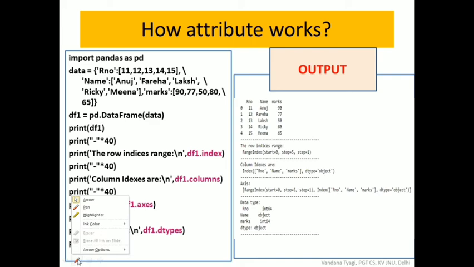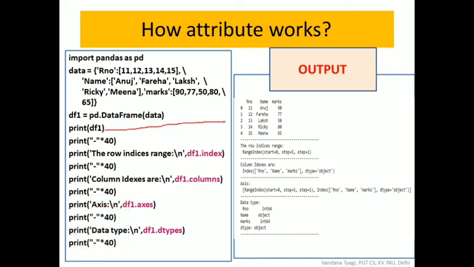If we look, this data frame is printed over here. This is my complete data frame printed here. Then df1.index shows me the indexes here. Since the row index is not specified here, it takes the row indexes automatically as 0, 1, 2, 3, 4. So it is showing me start 0, stop 5, step 1. The stop value is actually dropped, so the row indexes 0, 1, 2, 3, 4 are being stored and displayed here.